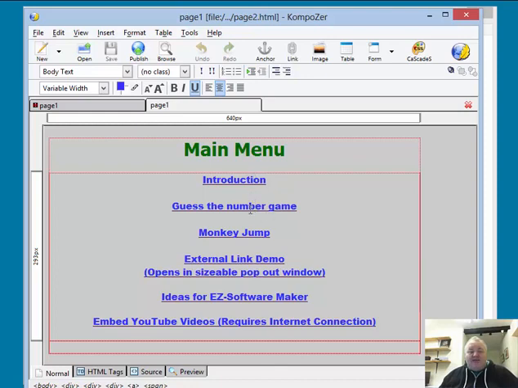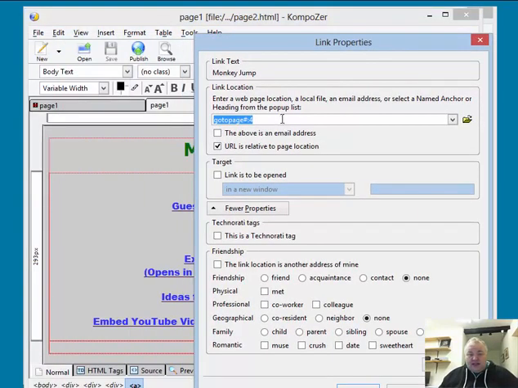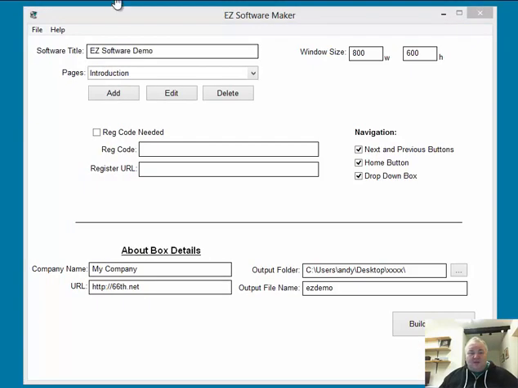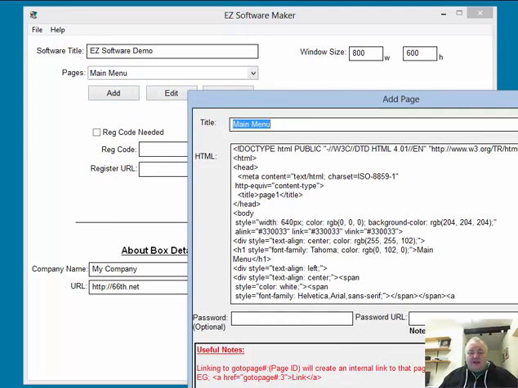The only difference is if we want to link within the software. If we click on a link here, you will see that we have a code. Instead of a web address, we just type go to page, then a hash symbol, then a colon, and then the page ID. And the page ID for any page within our software, if I pull up, say, the main menu, the page ID of the main menu is 2.